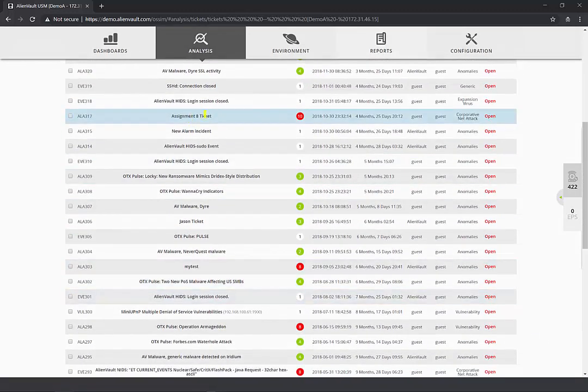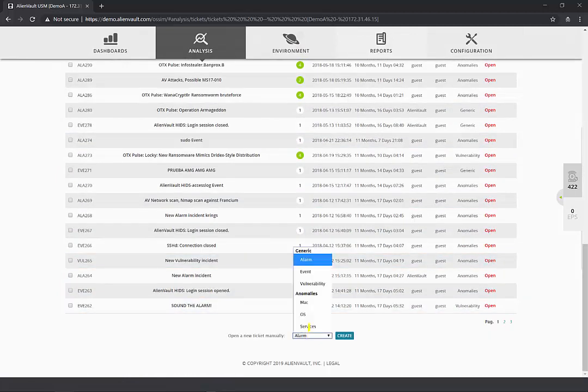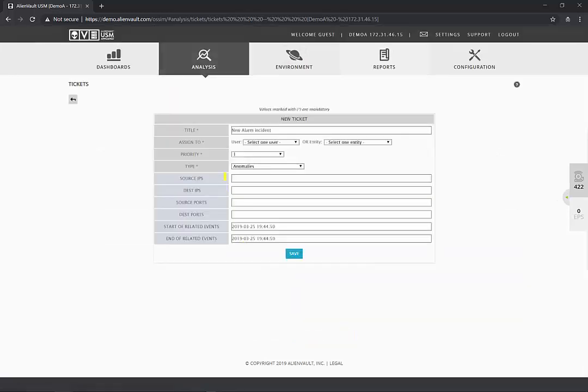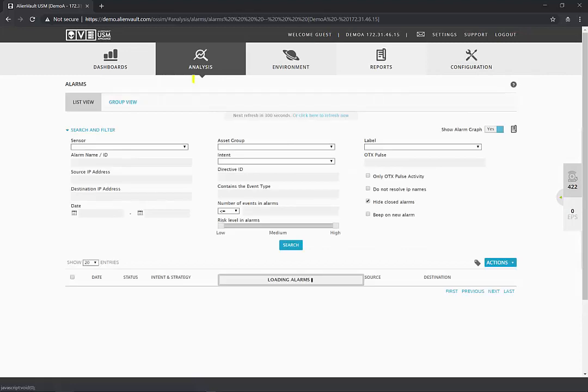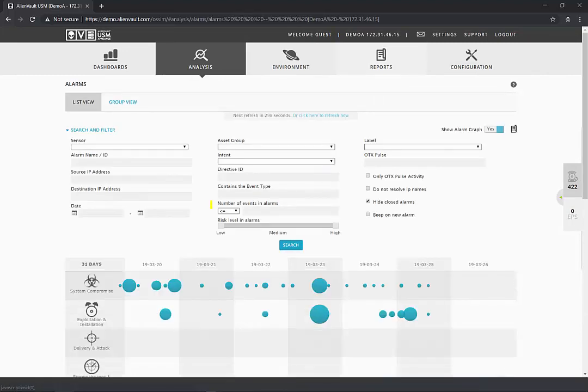Someone looks like they've created an assignment 8 ticket. So we're going to go ahead and create a ticket. We can do an alarm or something and then create a ticket, and we could come in here and create our own. This is a demo server that has a summary of events that have really been logged and captured. And it's reporting these, reconveying them so that we can have a real exposure to what